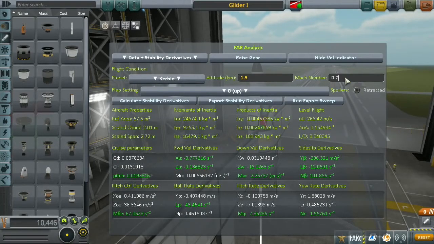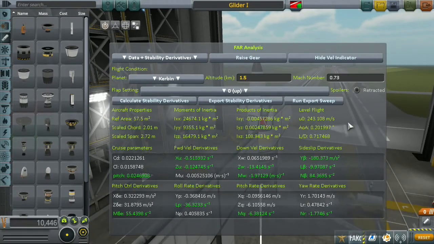Let's try 0.75. Still too fast. Let's say 7.2 maybe. We can go faster than 7.2. We can't go 7.4. It is then. So the end result is that our ballpark figure is 243 meters per second,